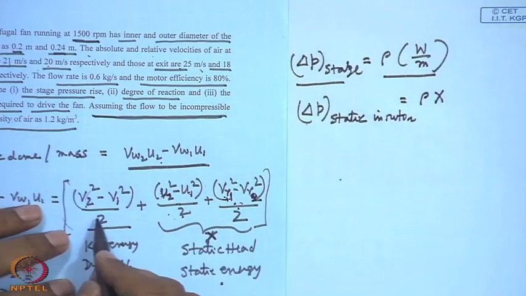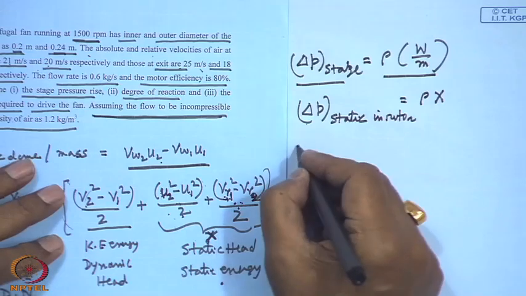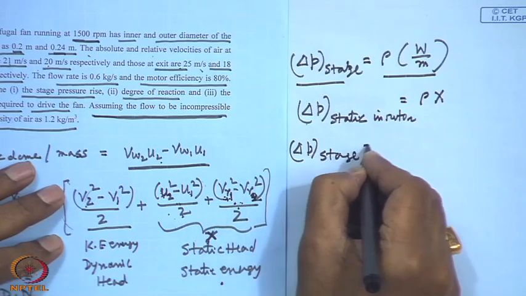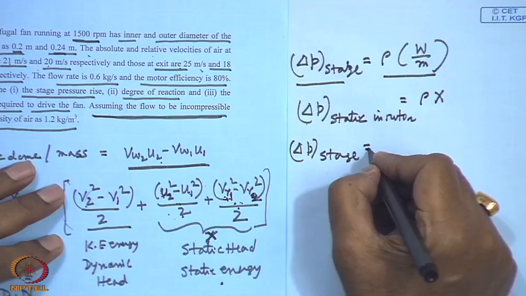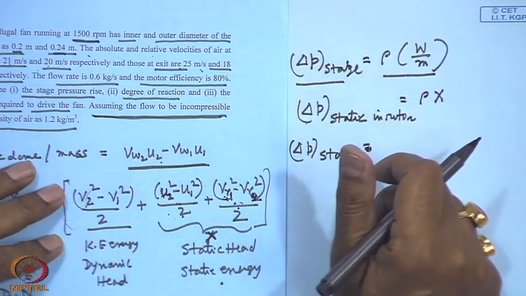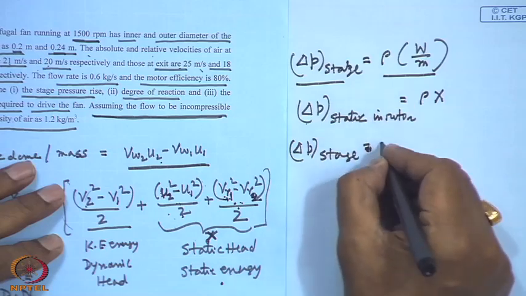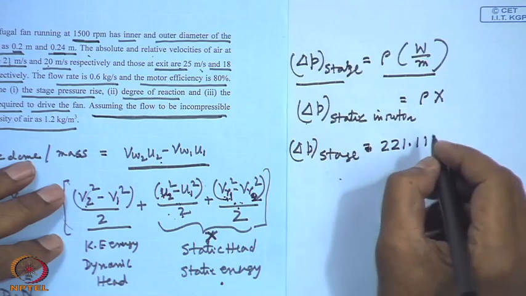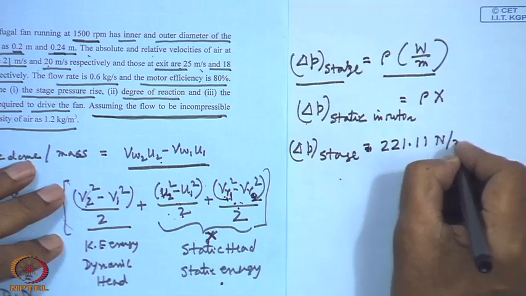So, if you find out this by putting this value, you get delta P the total stage, that means impeller and the diffuser, total delta P stage, because the work is done only in the impeller, delta P total is 221.11 Newton per meter square